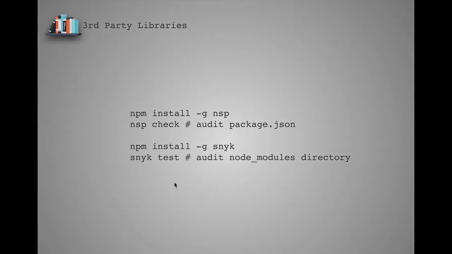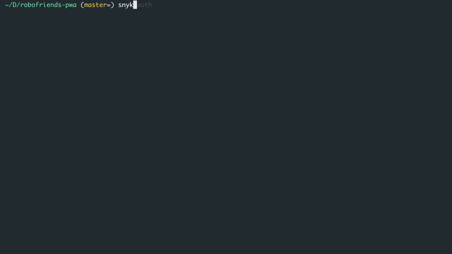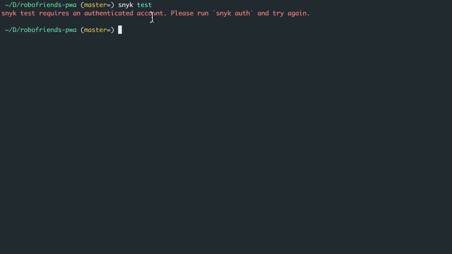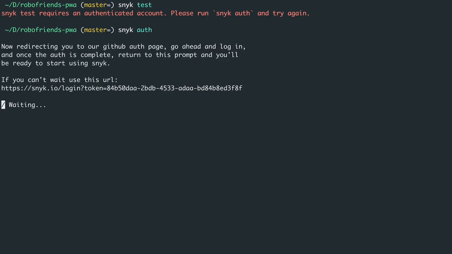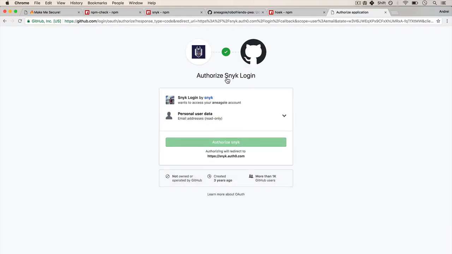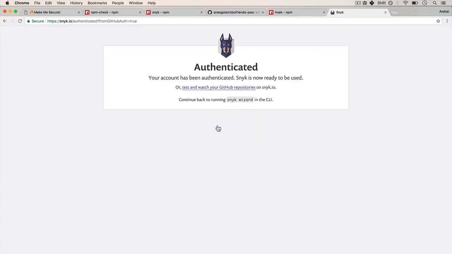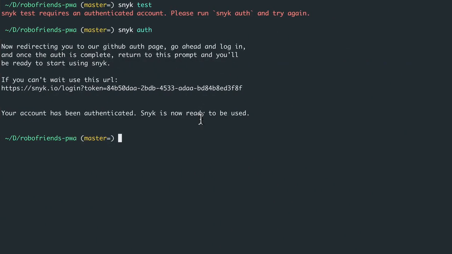And this is a really, really good tool. So if we run, let me clear this. If we run snyk test, you see that we need an authenticated account. So we need to connect it to our GitHub account. So I can do snyk auth. I'm just going to log in with my GitHub account. Going to authorize it. Yeah, sure, we'll agree. All right, we're ready to be used. So let's go with snyk